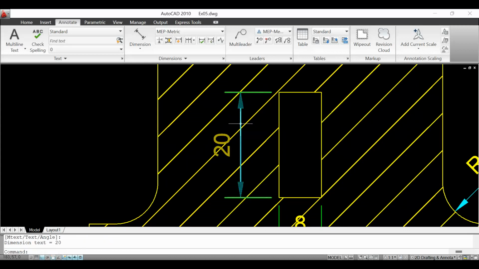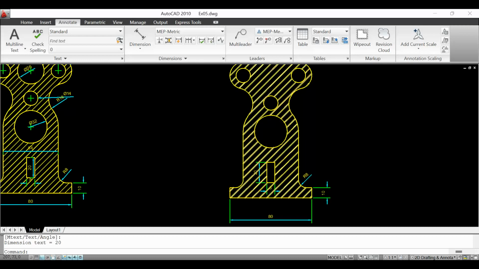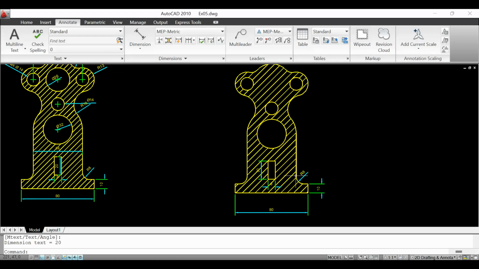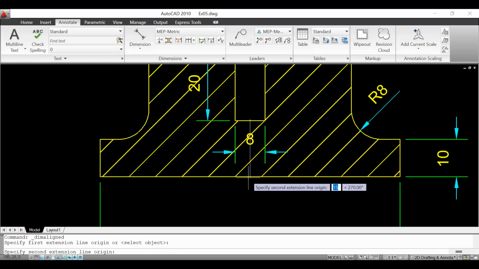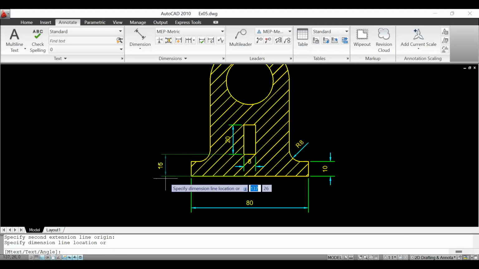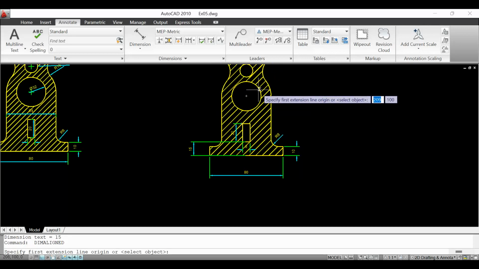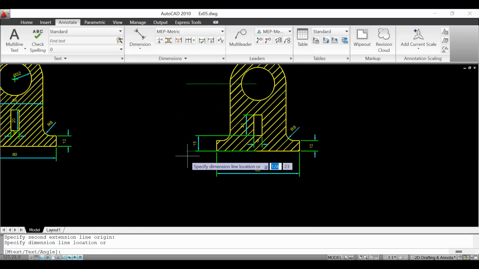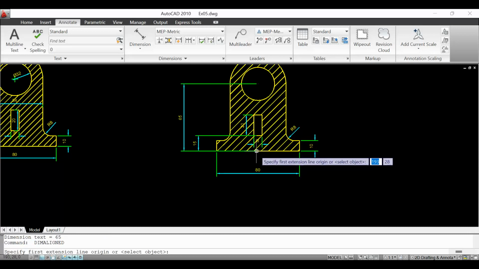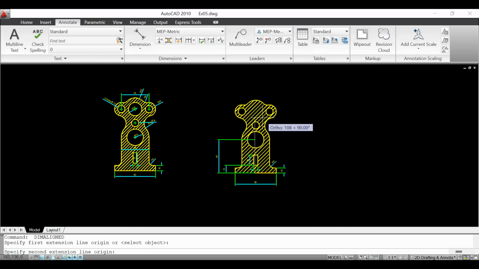Same dimension, align, and dimension all the parameters that is given in the base drawing. Dimension, dim linear, sorry, dim aligned from the base point, then from the center of the circle, to the baseline. Similarly, from the center of the circle, topmost center of the circle,